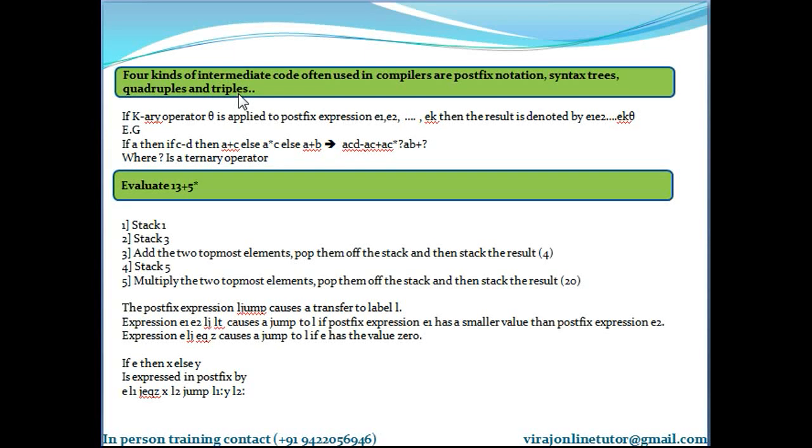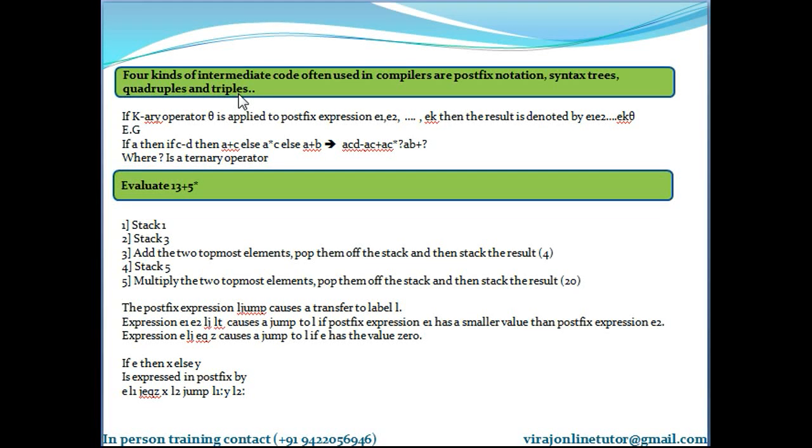Postfix notation is one in which, suppose I have an expression a plus b, the postfix notation of a plus b is ab plus. So postfix means I am following the operator after the operands. Here the plus sign in this example is a binary operator.